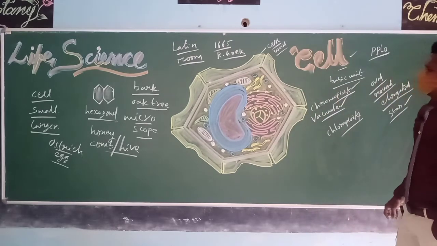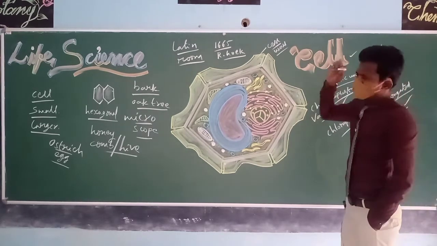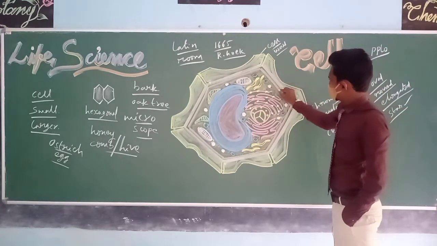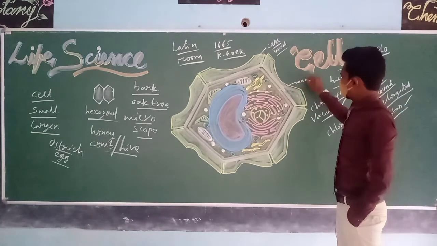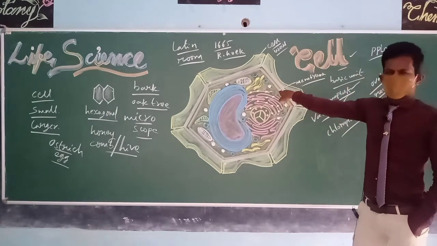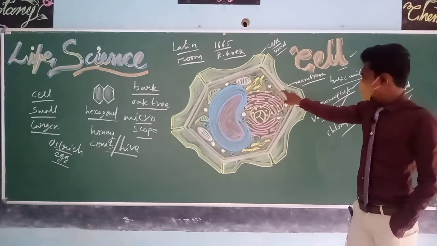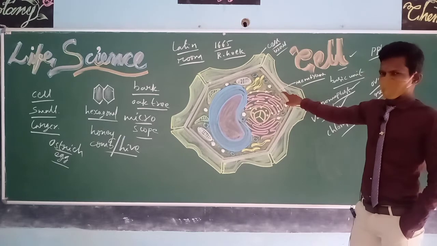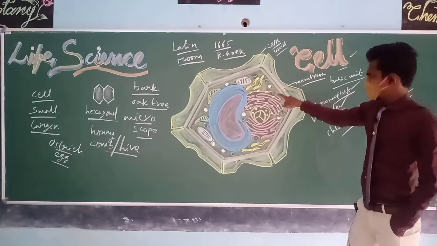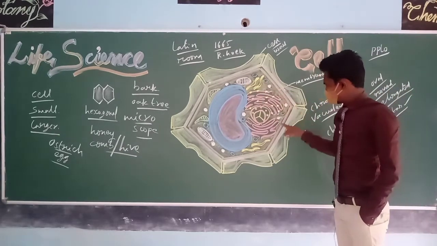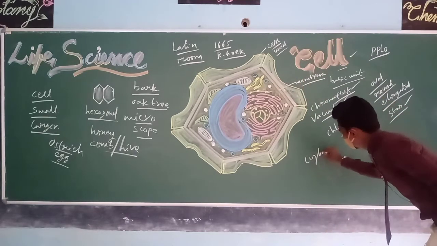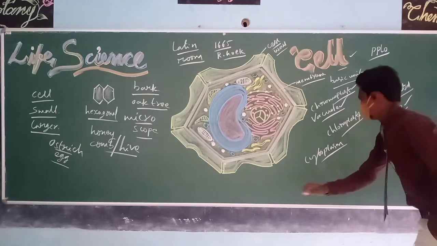Generally, whether it is a plant cell or animal cell, three major components or parts are common. What are those parts? The cell membrane, which is also called the plasma membrane, or the living membrane, or the semi-permeable membrane. Commonly it is called the plasma membrane. This is common in all types of cells, and this yellow color jelly-like substance inside the cell is called cytoplasm. This cytoplasm is also common in all types of cells.